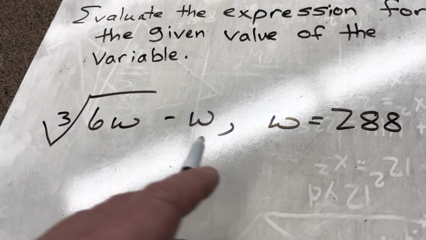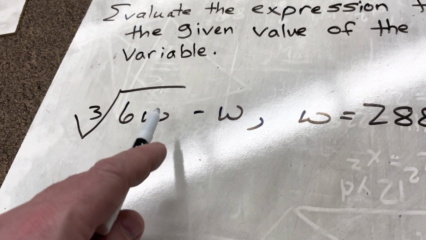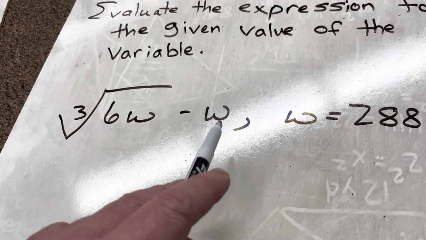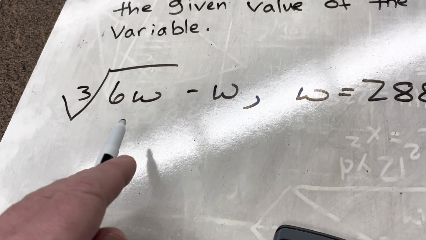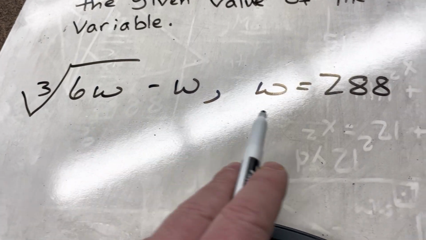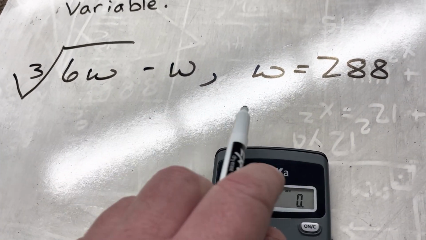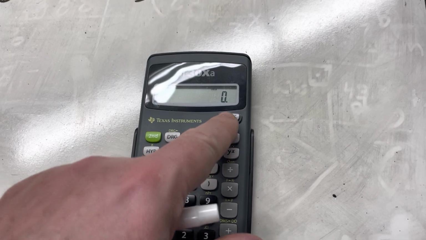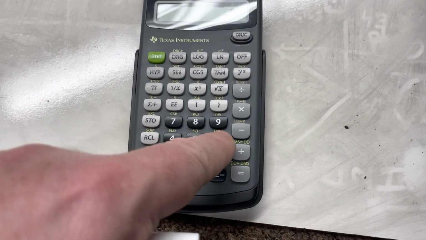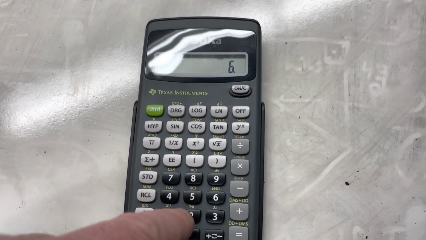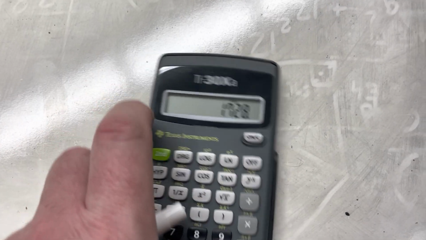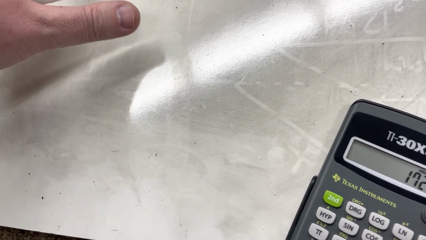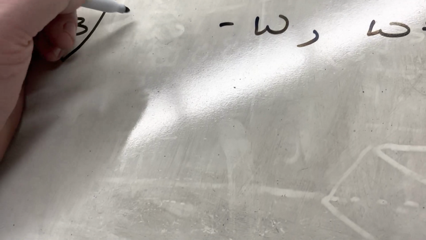So w equals 288. It's the cube root of 6w and then minus w. And w equals 288. So the first thing I want to do is figure out what 6 times w is. And so I'm going to enter into my calculator 6 times 288. What does that equal? 1,728. So I'm going to come here, and instead of 6w, I'm going to put